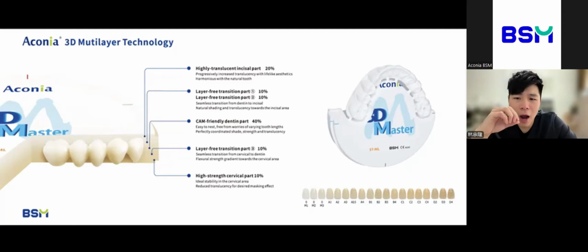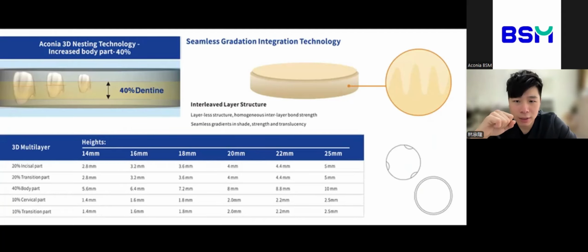A lot of ultra high translucency zirconia are used for veneers. In terms of translucency, they are actually very close to MT or HT glass ceramic. But for 3D Master zirconia, the dentin layer is about 40% and extends toward the incisal edge, creating a natural gradient. With some other high translucency zirconia, if there's not enough dentin in the incisal area, you can see a